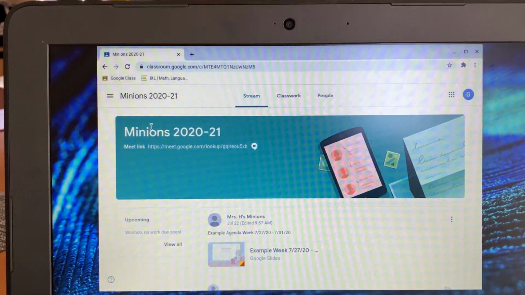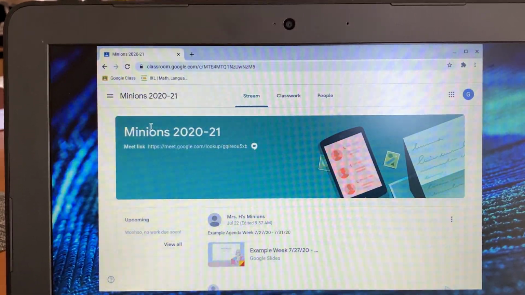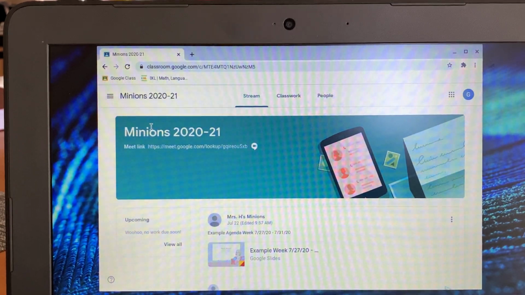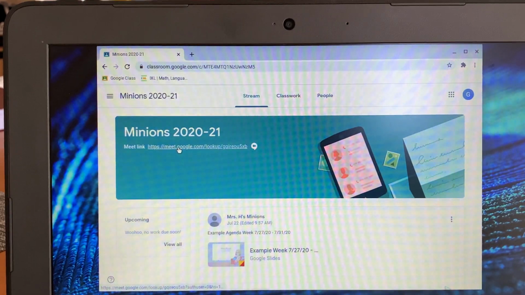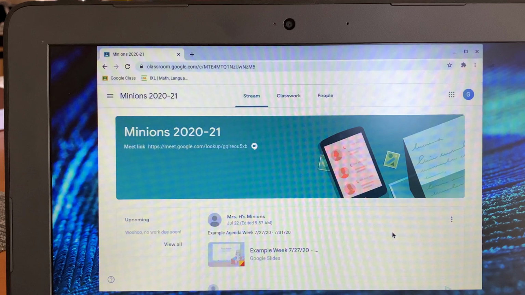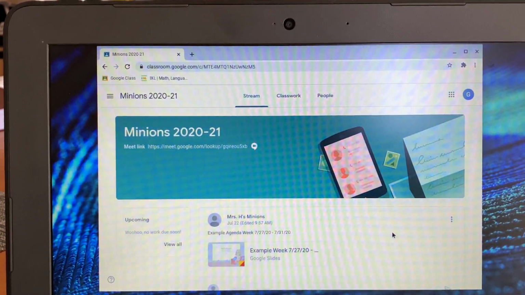Now, remember, Google Classroom is gonna be the main platform we're gonna be using. So we gotta get really familiar with Google Classroom. The first thing that it always automatically takes you to is called the stream. So the stream is going to be where I will be posting announcements, or it's gonna be mostly your agenda